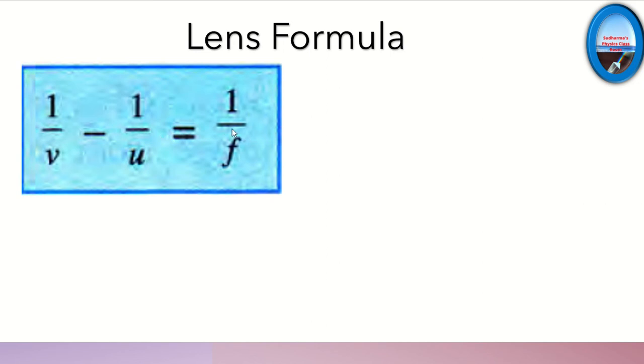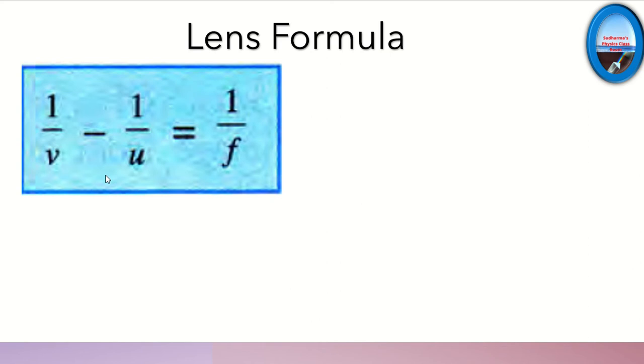So when we apply the sign convention in the lens formula, we have to make sure we write the sign for only the values given in the question, even though we know what kind of image will be formed because we already know the characteristics. But don't write the sign for the thing which is to be calculated. For example, suppose I want to calculate object distance in a particular question. I know object distance will be negative, but don't put object distance negative in the initial stage.